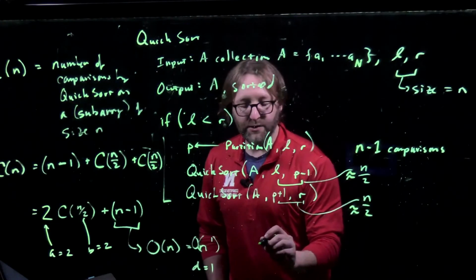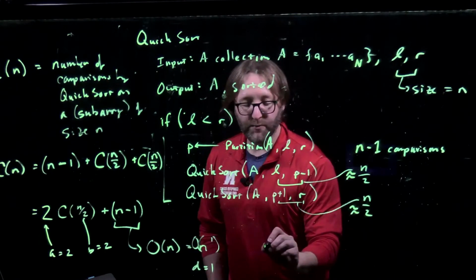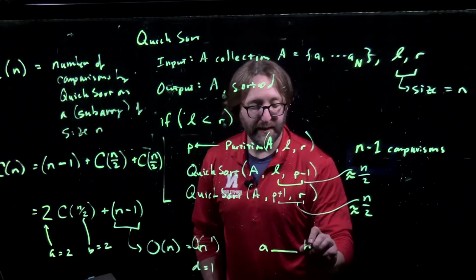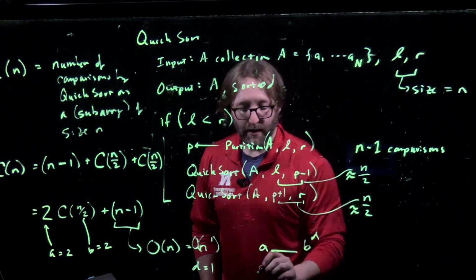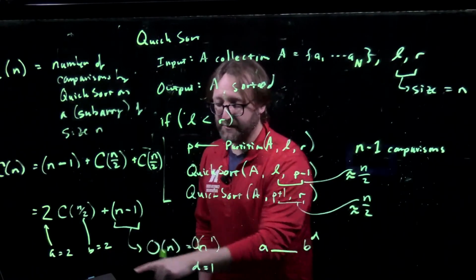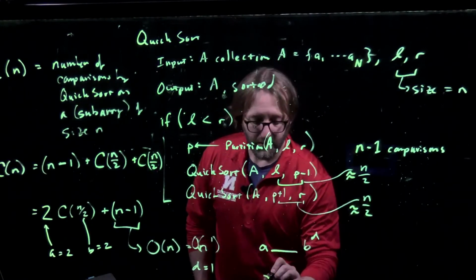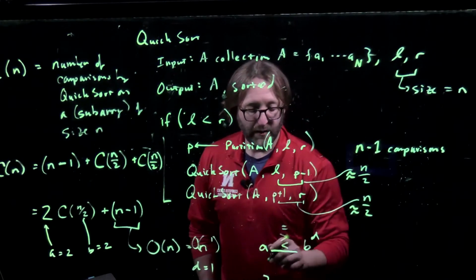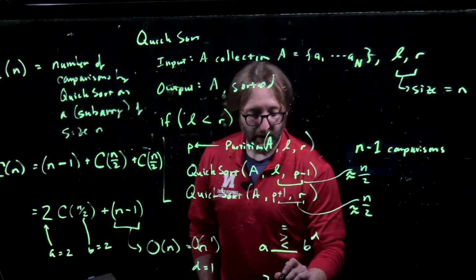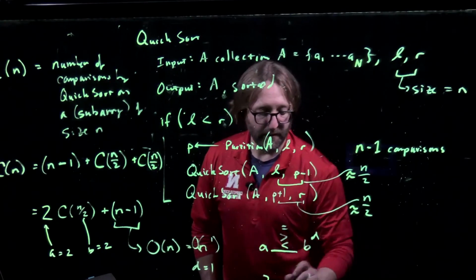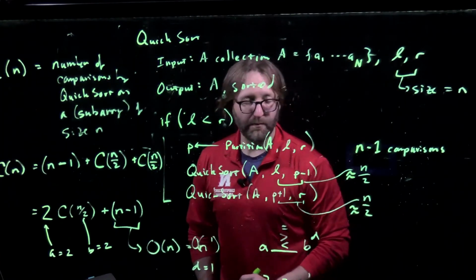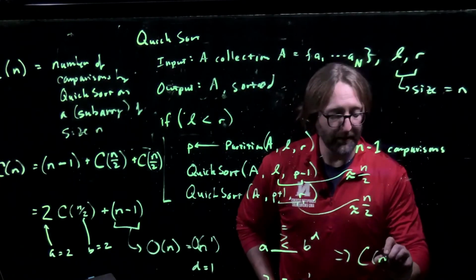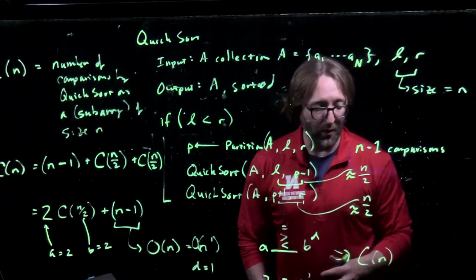Now, the condition that you need to check for in the Master Theorem is what's the relationship between A and B to the D, right? In this case, we've got A is 2, B is 2, and D is 1. So 2, is it greater than, is it less than, or is it equal to? That gives you the 3 cases of the Master Theorem. So we've got 2 versus 2 to the first. They are equal. That implies that C sub n here, the number of comparisons made by Quicksort overall, is going to be order